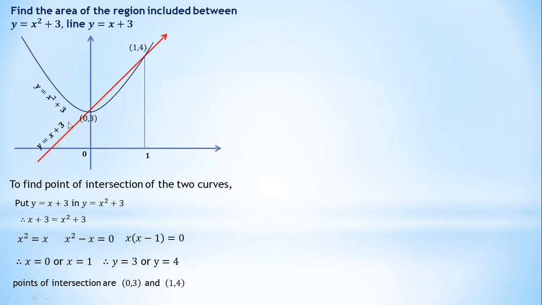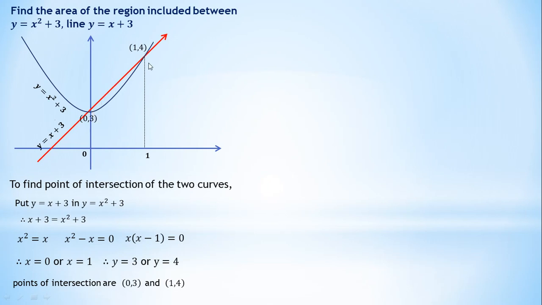Now with respect to this, if you observe this diagram, then see this is the parabola, vertex is at (0, 3), and this straight line is passing through (0, 3) as well as (1, 4), because the points of intersection are (1, 4) and (0, 3). So it will be very easy for you to draw the straight line also, because you know the 2 points on this line, because these are the points of intersection.